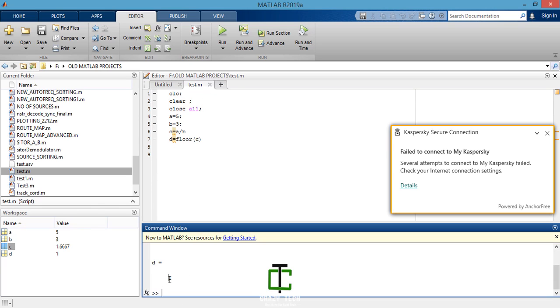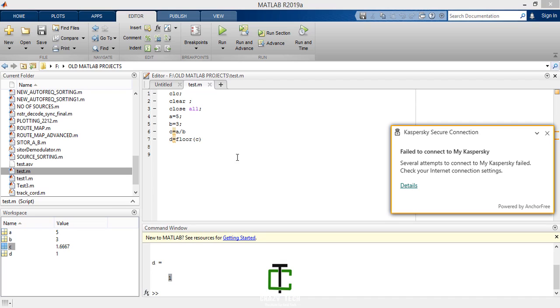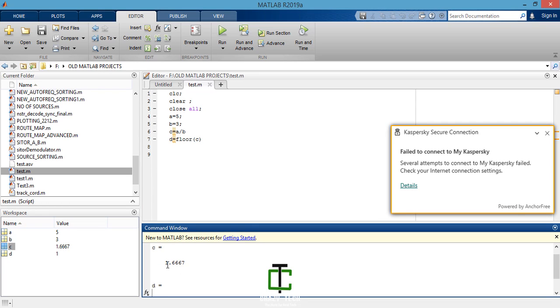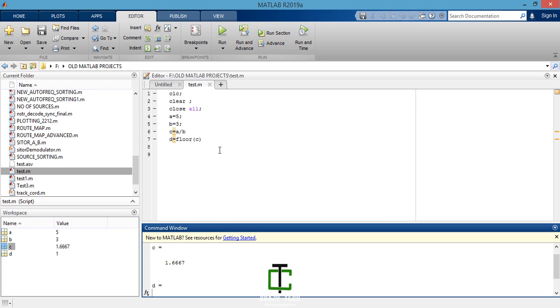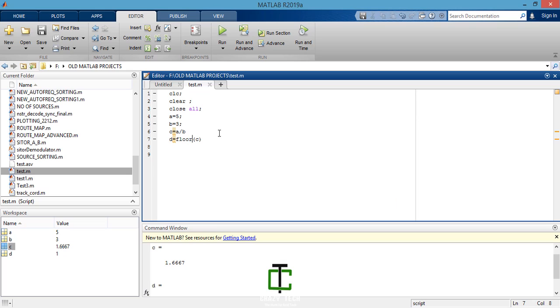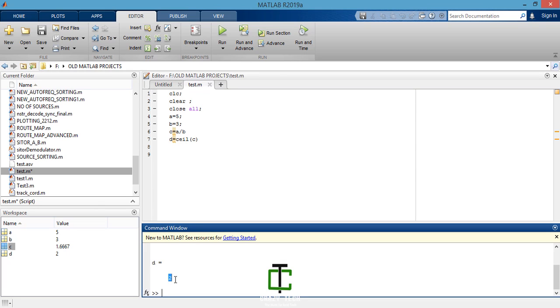Press F5. Here you go, it gives you 1. If I want the next integer value, I will write ceil. It will give the next value.